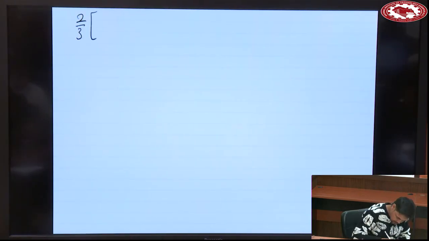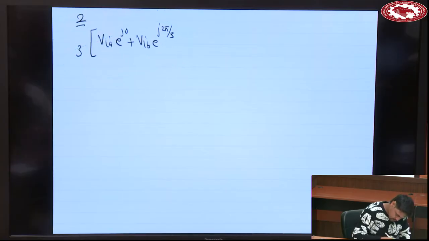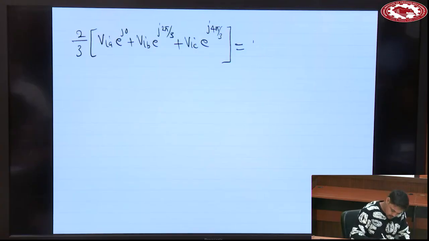So it would be 2 by 3 times VIA e^j0 plus VIB e^(j2π/3) plus VIC e^(j4π/3) equals R into 2 by 3 times IA e^j0 plus IB e^(j2π/3) plus IC e^